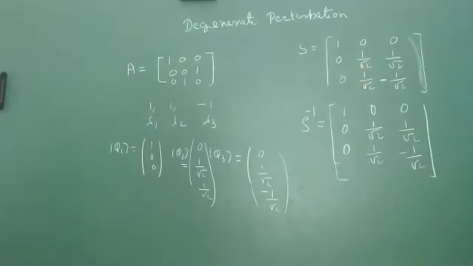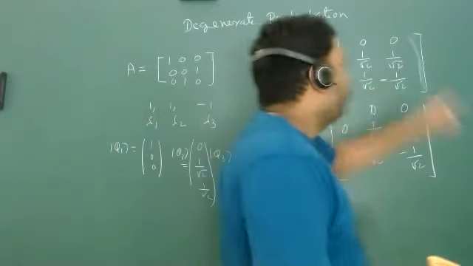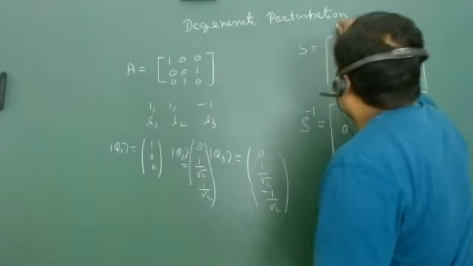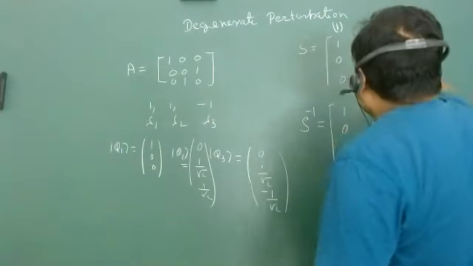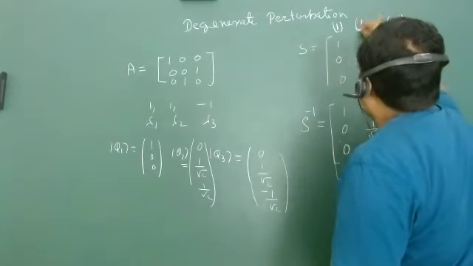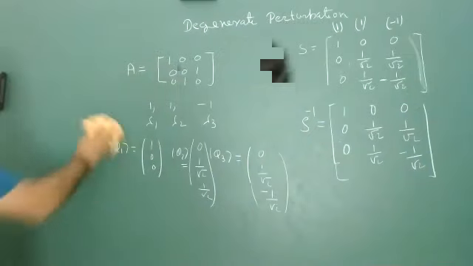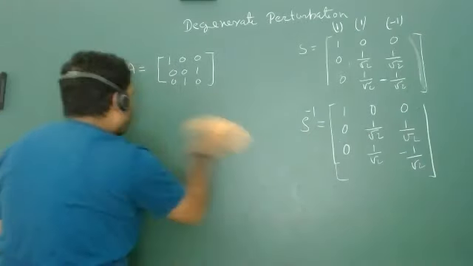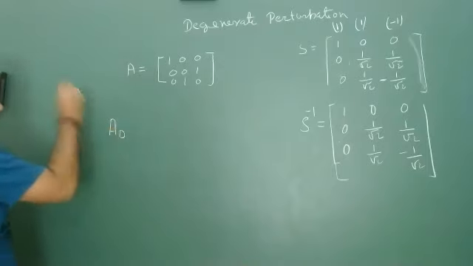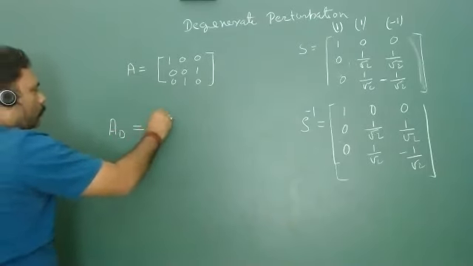Okay, so I am not going very deep inside. Now please remember, we have constructed this S matrix such that the eigenvalue of the first column is 1, the eigenvalue of the second column is also 1, and the eigenvalue of the third column is minus 1. So you have to just remember this thing. If you are going to calculate the matrix that diagonalizes the A matrix, let us write A diagonalized. A_D is called the diagonalized matrix, and this matrix is equivalent to S inverse